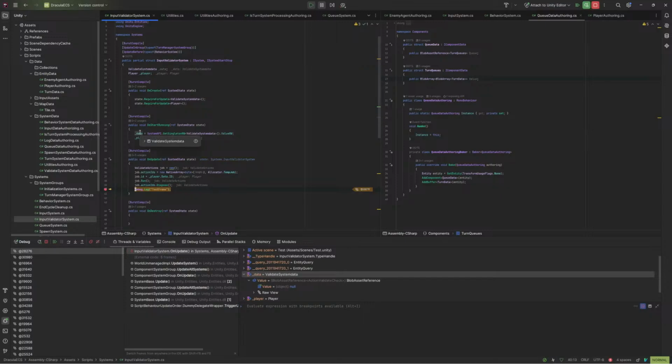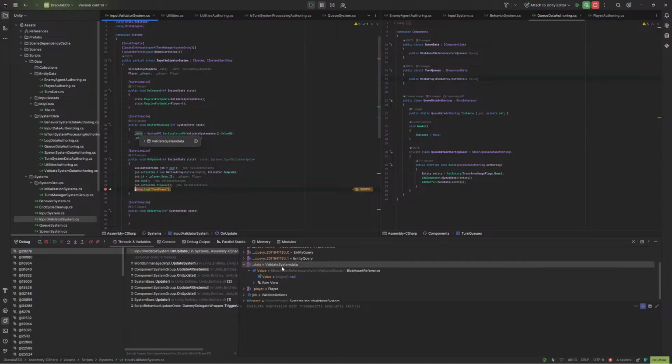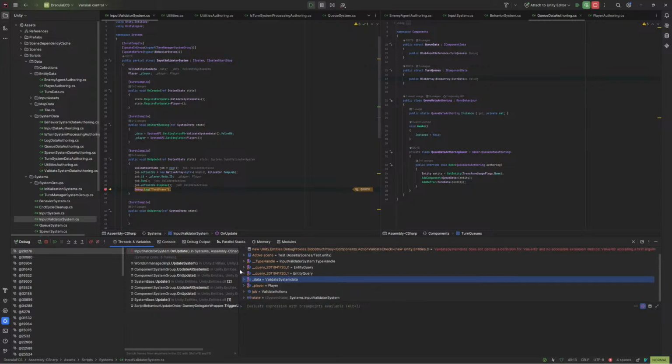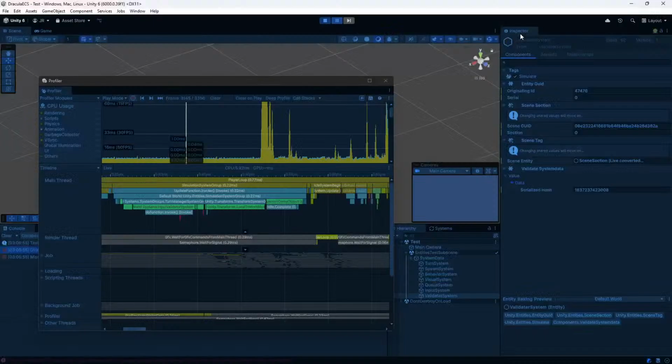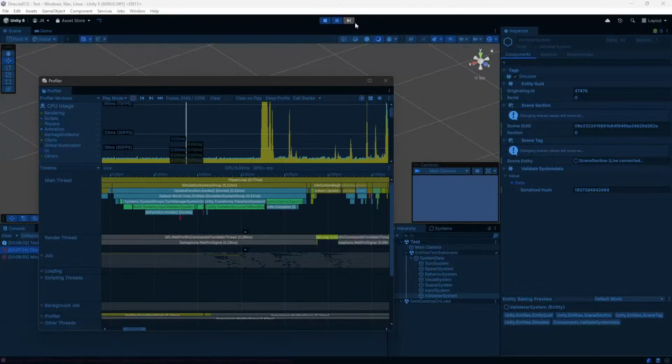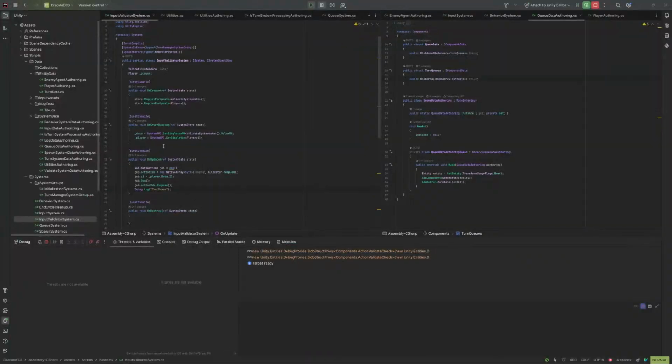Maybe just the data variable's not being updated? Okay, we can test this. If we just go into... Get rid of that. We'll make a new line, and we'll say